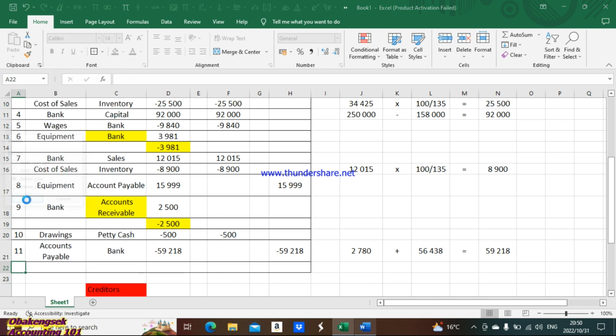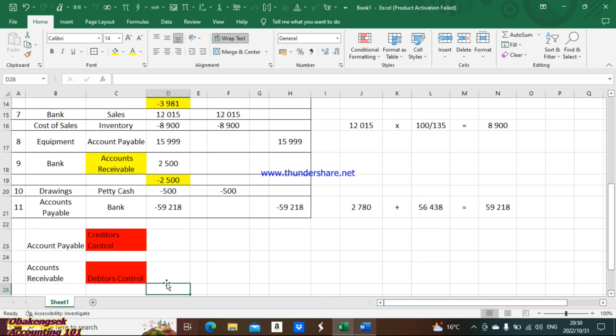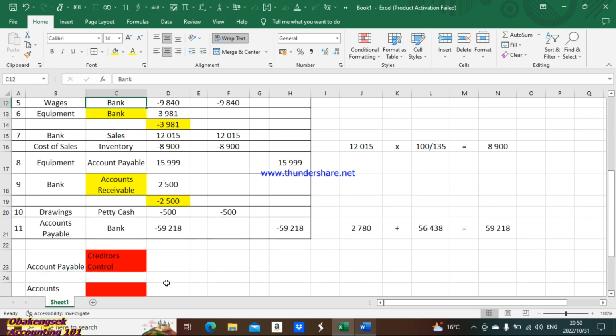So as I said, guys, your accounts payable is our creditors control, accounts receivable is our debtors control. Then calculating our cost of sales,